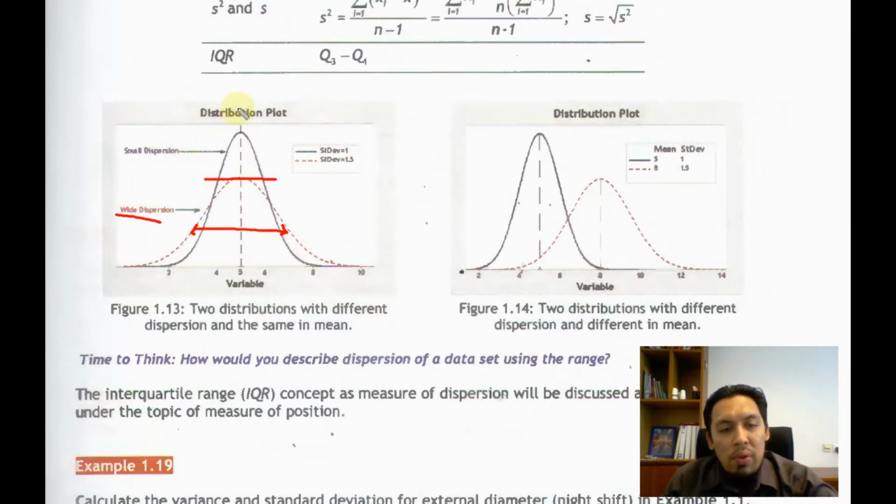So if you look at this blue one, if you look at the legend here, the standard deviation is 1. As for the red distribution here, the standard deviation is 1.5. So we can say that the spreadness of the blue one, the distribution of the blue one, is lower, sorry, compared to the red one,